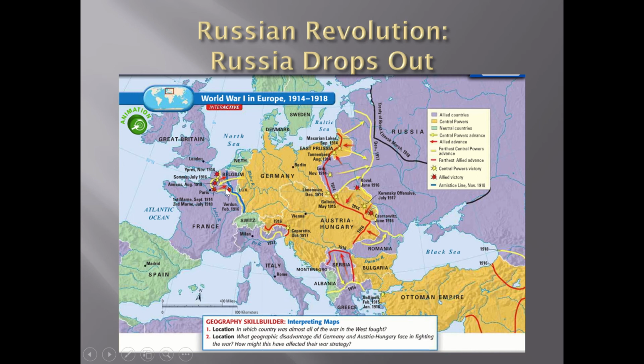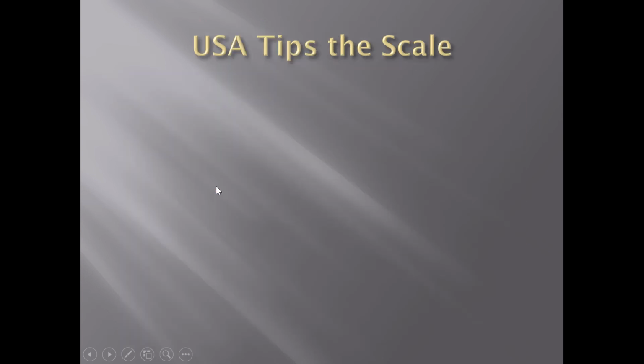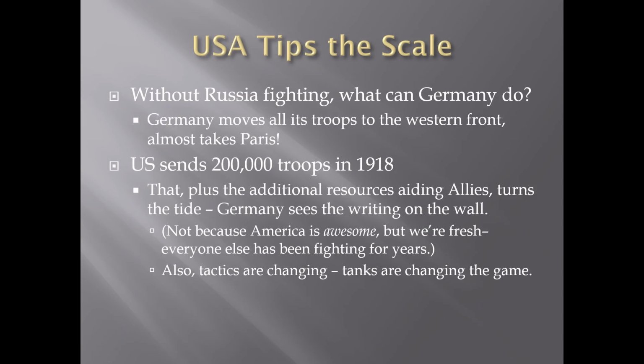And it's going to get all the way almost to Paris. Right? And that is when the United States sends in 200,000 troops. They're finally ready to go. They send in these troops. And so Germany, it doesn't lose right away, but it sees the writing on the wall, which means that it sees that because America has taken the Allies' side, and it has not spent 4 years fighting and dying on the front lines in the trenches.